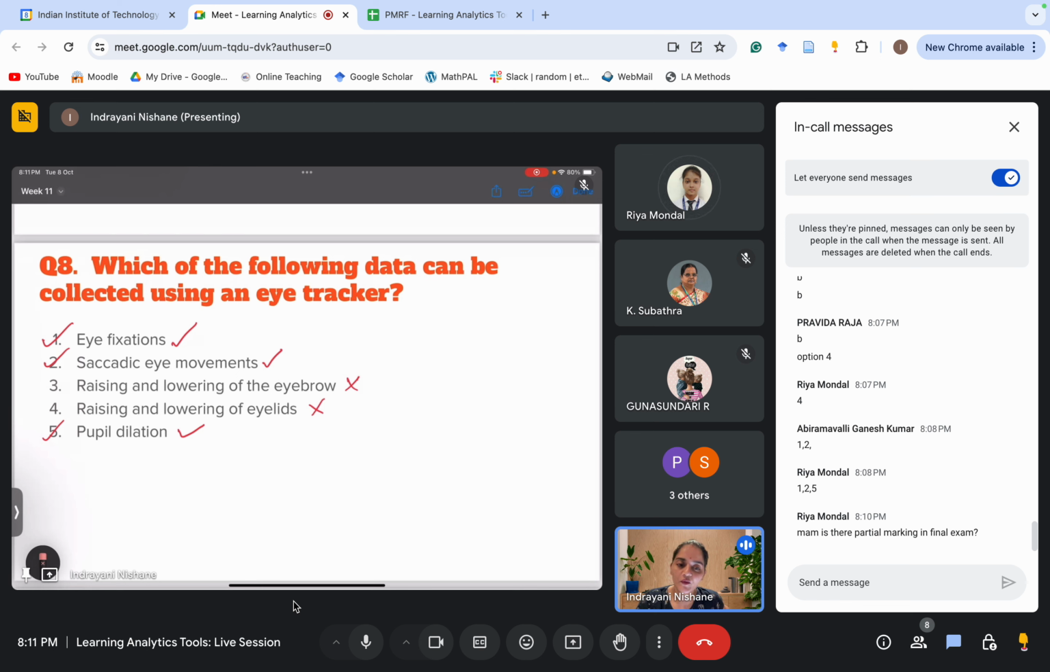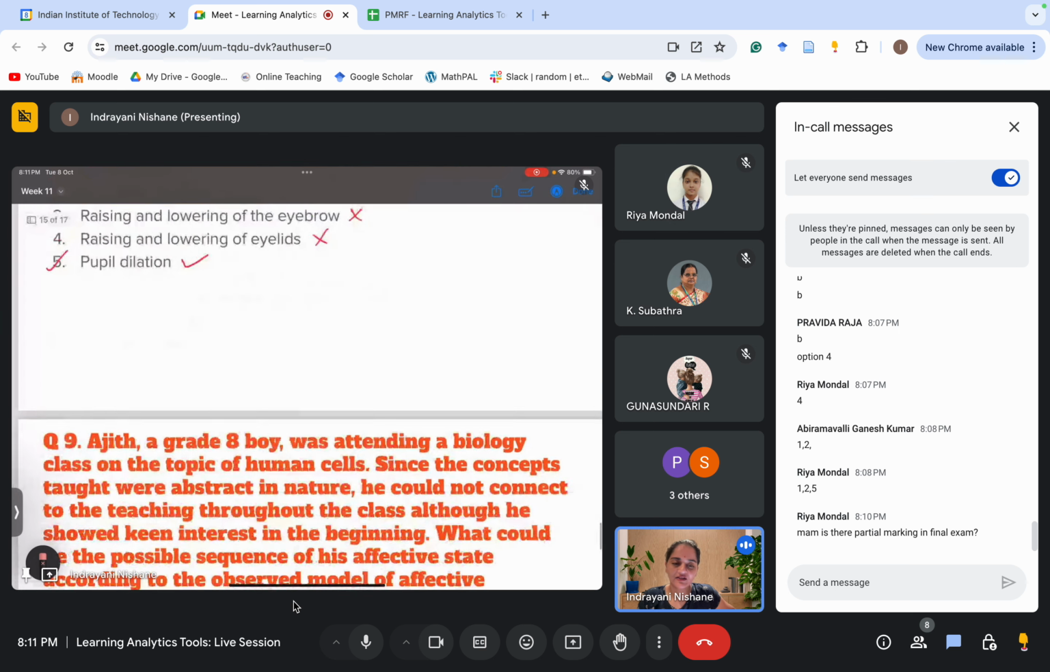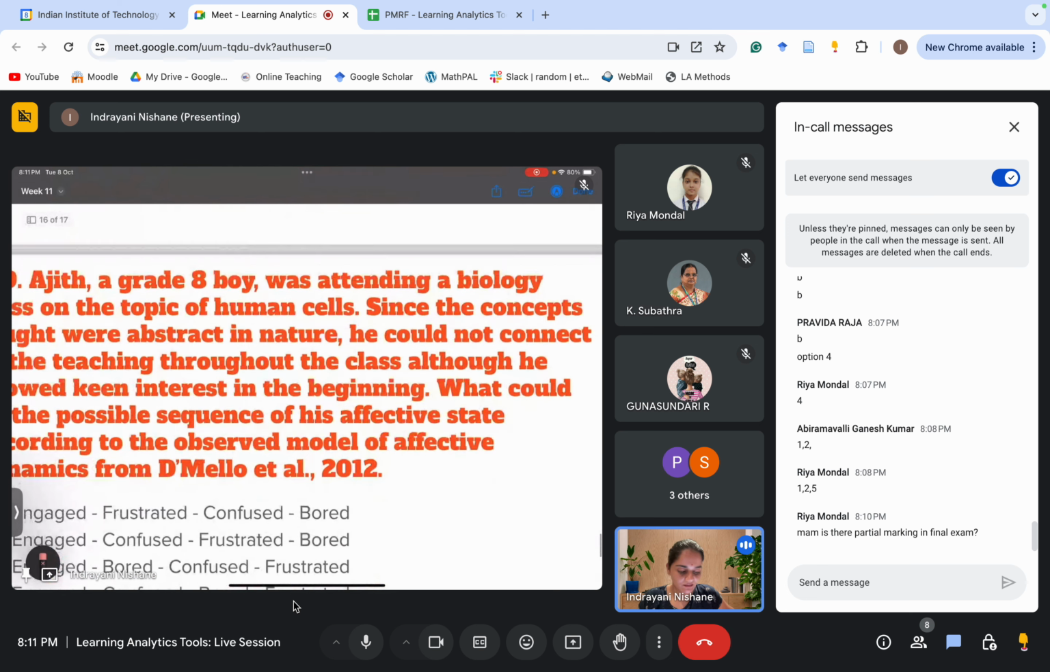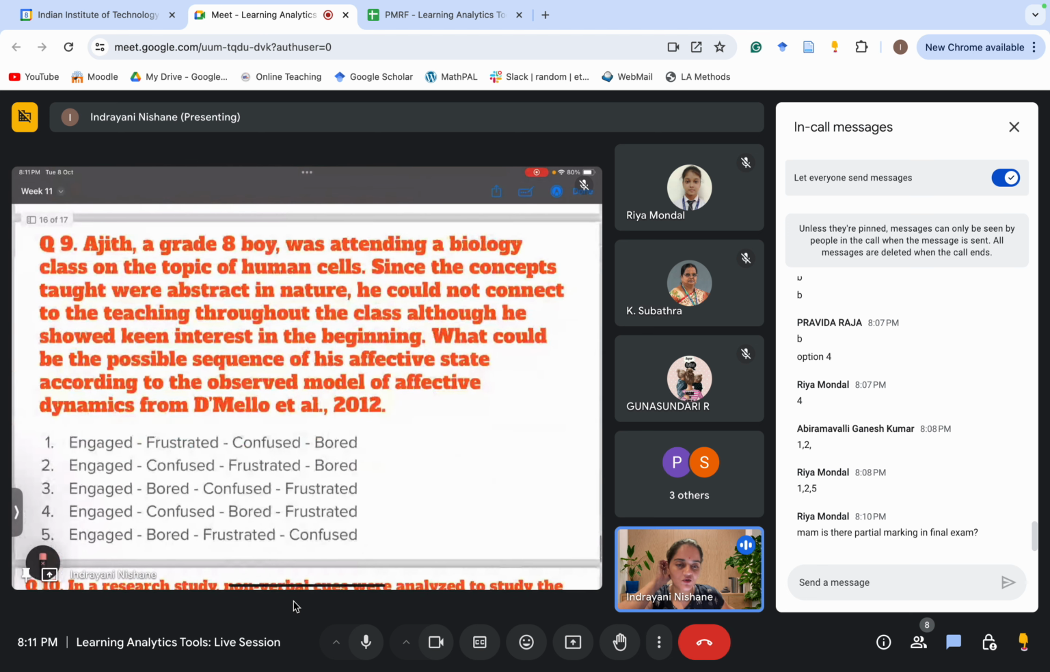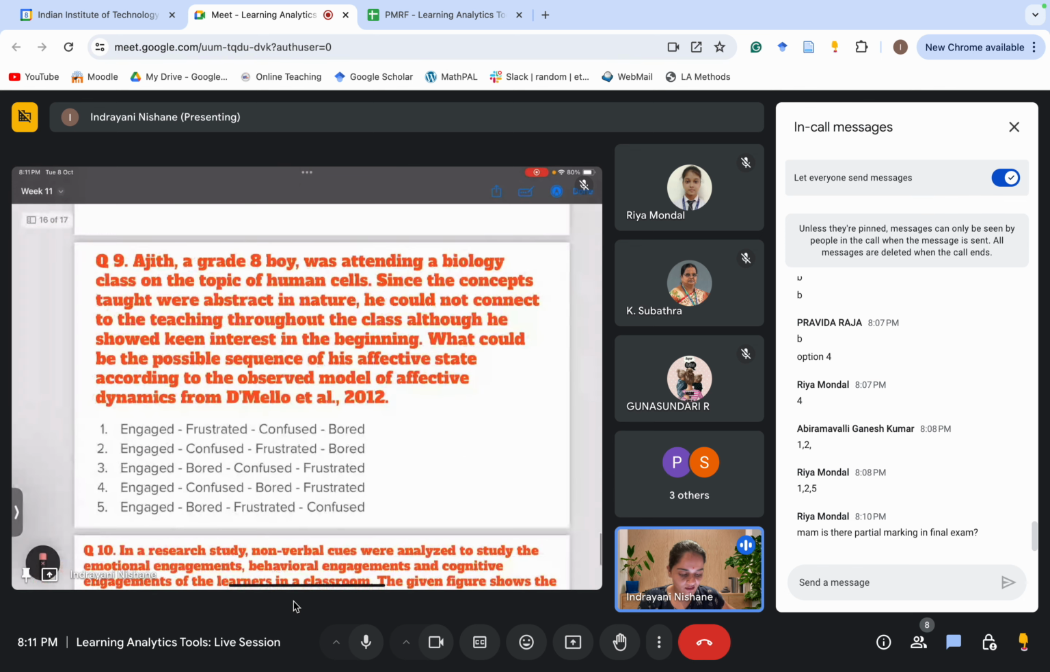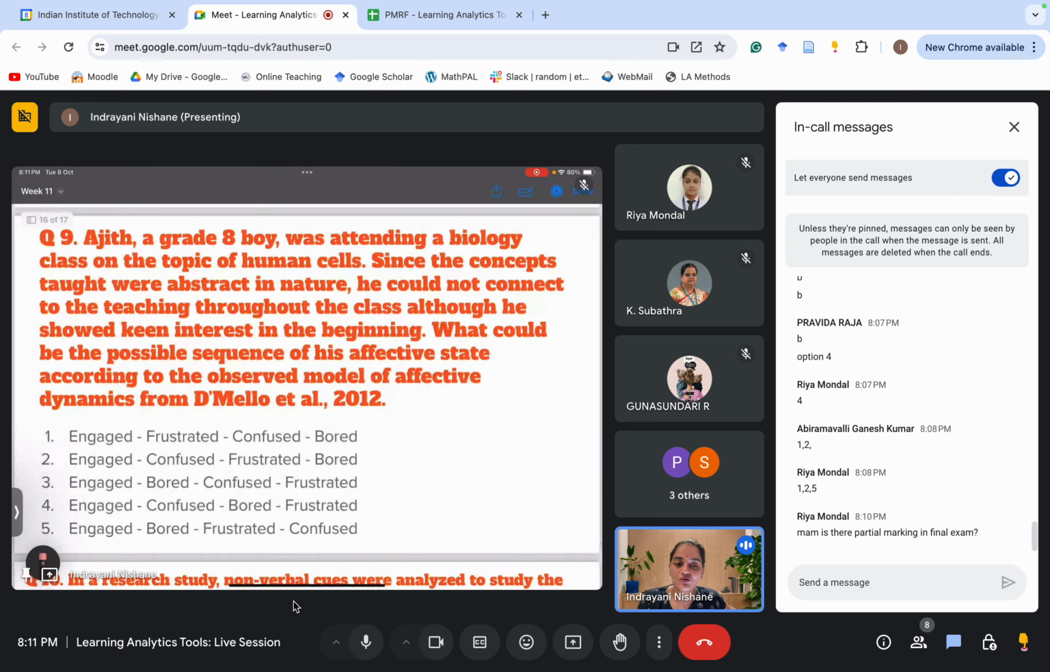If two options are right and you answer only one correct answer, then you will get half the marks associated. So I think partial marking is there in the final exam. The general NPTEL rules are the same for the assignment and for your final exam also. So don't worry. And many times the instructors also request NPTEL for partial marking if they are not